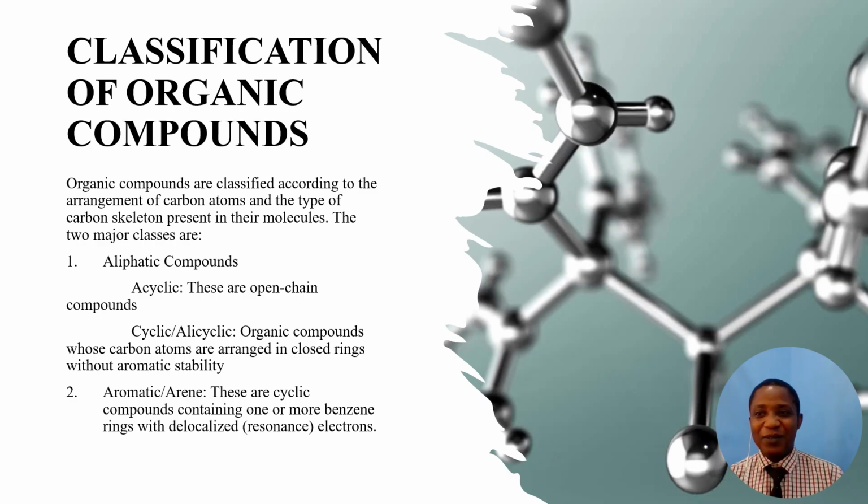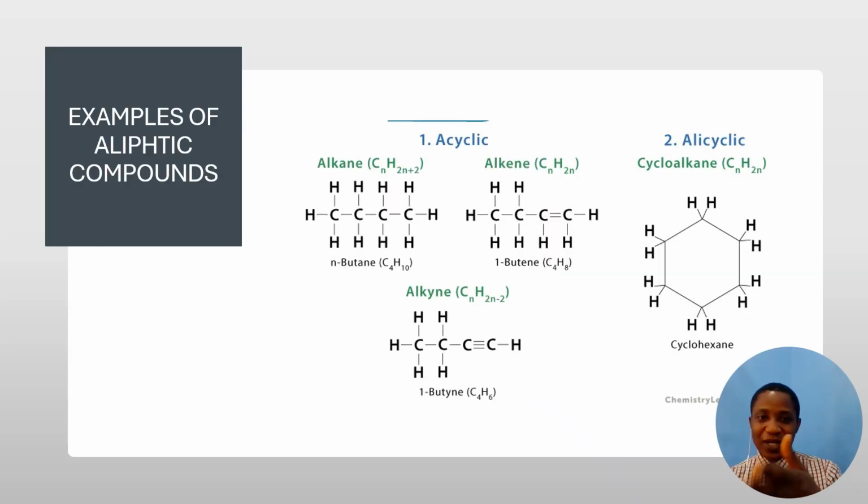Let's look at an example of this compound that we are talking about. The first one, you can see, is cyclic. You can see it on the screen. Then apart from that, you can also see alicyclic. These are alicyclic, like when we talk about alkenes. They are examples. But you can have them in a cyclic form, like this cycloalkane, such as cyclohexane, cyclopropane, cyclobutane, cyclononane. So far it is an alkane or alkene, definitely.